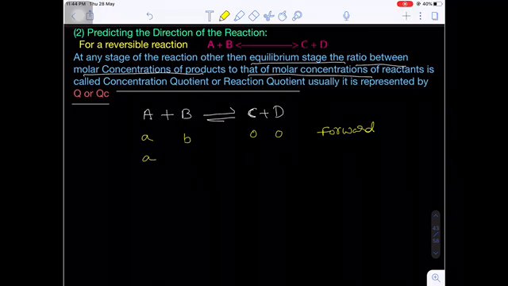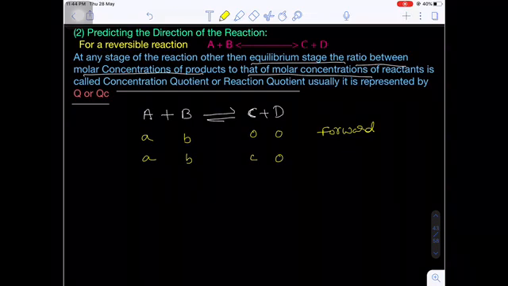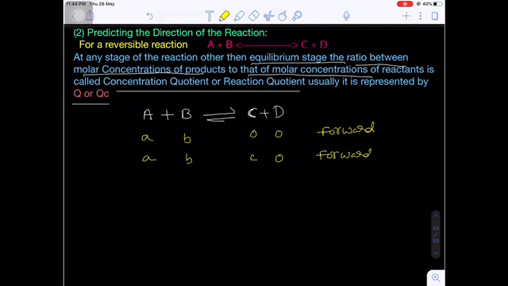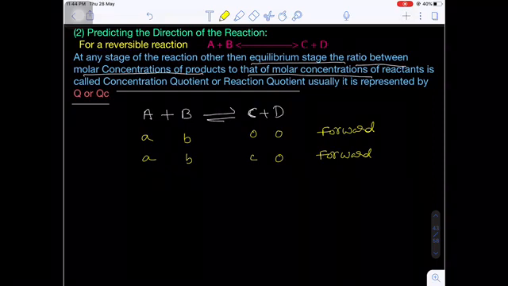Let's suppose there are two reactants and only one product is present. Let's suppose c moles of C are there and the number of moles of D is 0. Still the reaction occurs in the forward direction only, because out of the two products, only one product is present in the container. There is no other product, so a backward reaction is not possible. For a backward reaction to be possible, both the products must be present in the container.